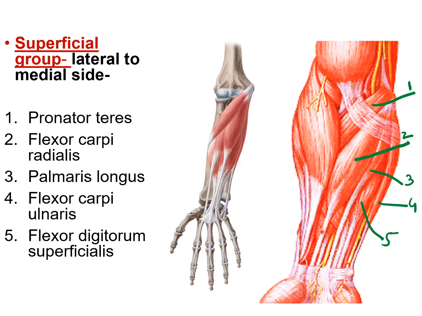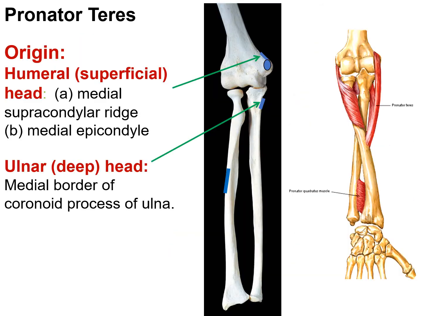This is the flexor carpi radialis. As the name suggests, it is going towards the radial aspect, and the carpus towards the radial side. Then is the palmaris longus. It is gaining attachment to the flexor retinaculum. We'll be seeing in the later slides. Flexor carpi ulnaris. It is running on the ulnar side, reaching the carpal on the ulnar side, and the flexor digitorum superficialis.